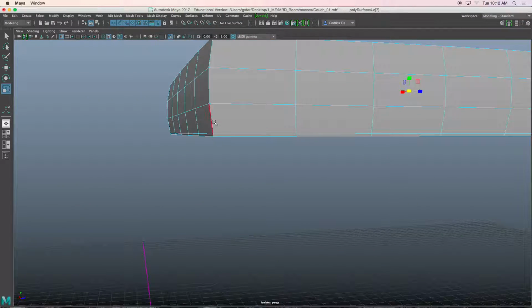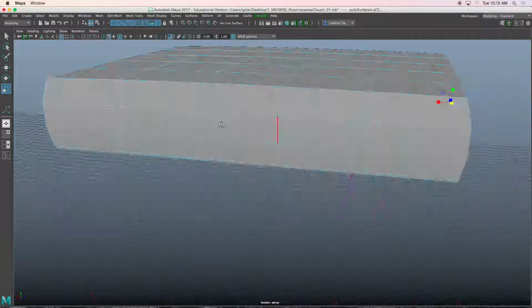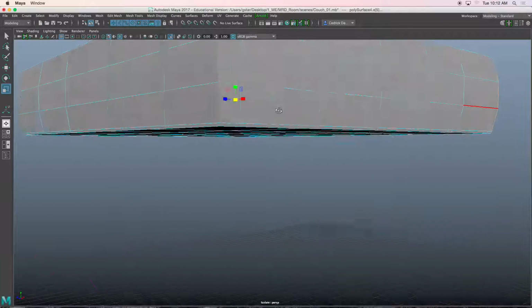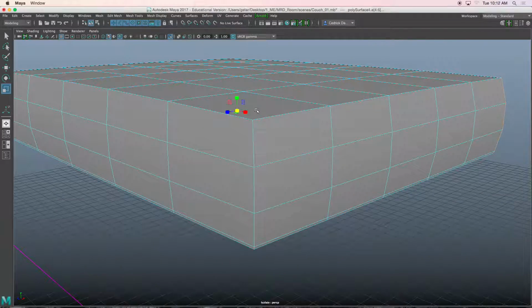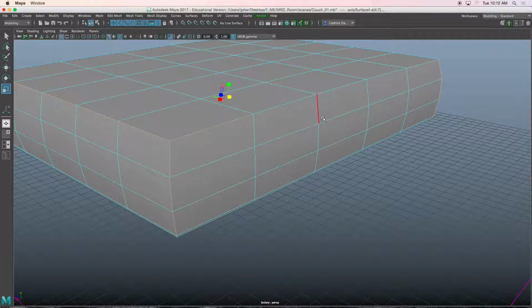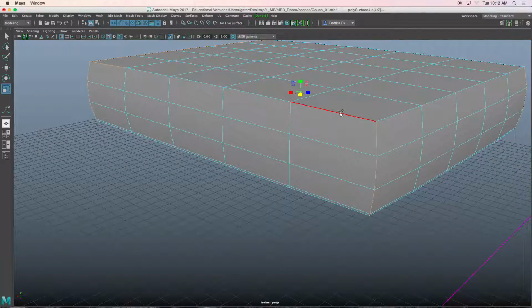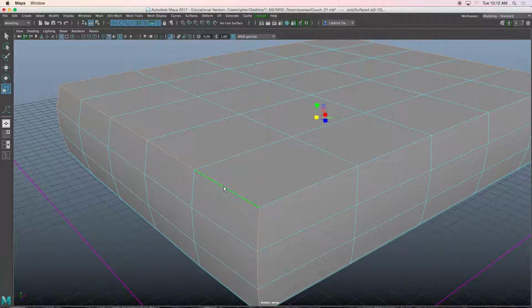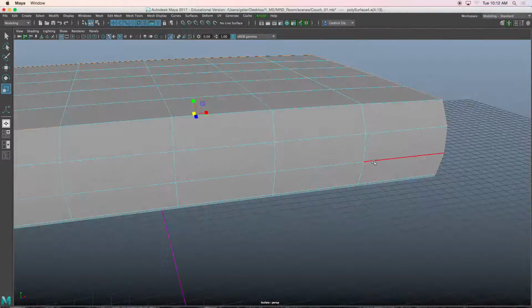Click that edge, I'm holding shift, double click this one. Hold shift, click on that edge, double click, hold shift, like this edge, double click, click on that one, hold shift, like this one, double click here, hold shift, double click there, and last but not least, we have